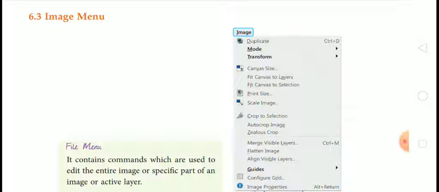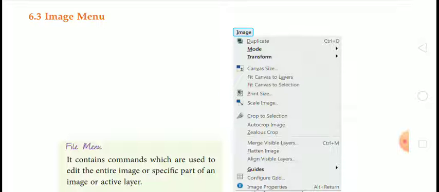Then print size. You can also set the print size of your image. Scale image. Scale image is used to change the size of the image. Next is crop to selection.